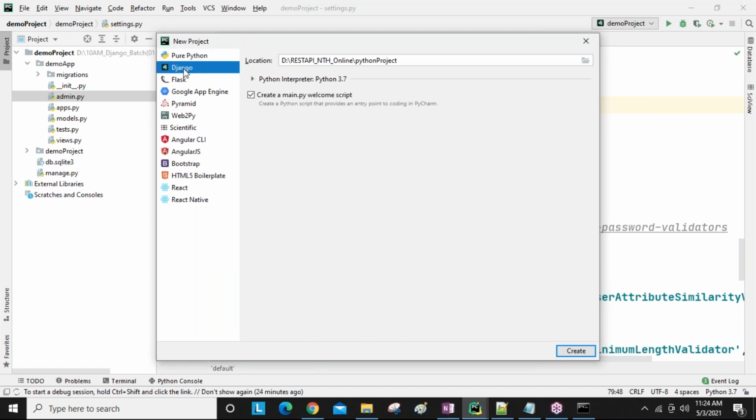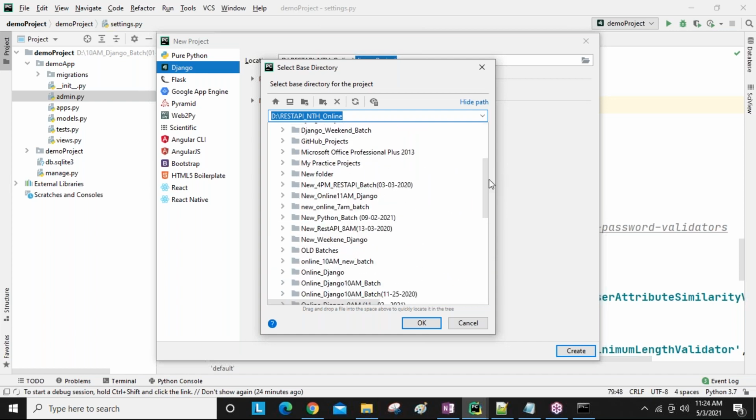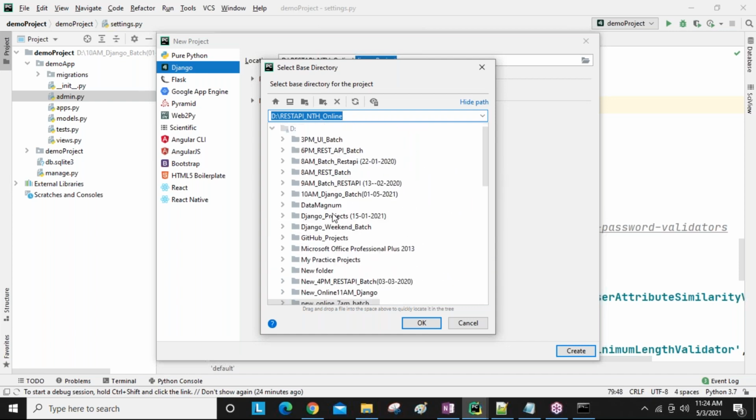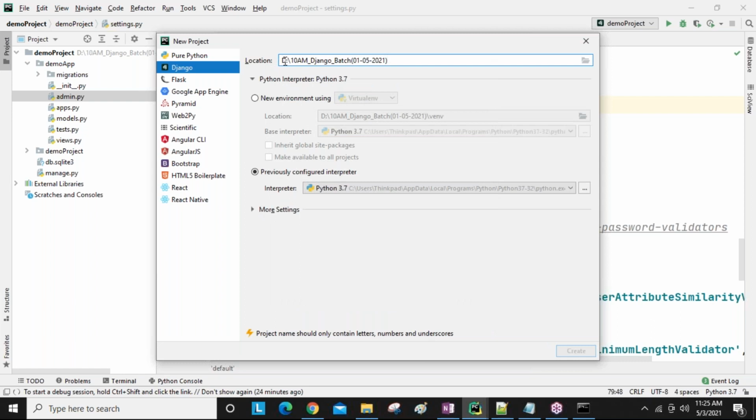You can select Django, so I'm clicking Django. Now select the folder where you want to create the Django projects. For example, this is our 10 a.m. Django batch folder, so I selected D drive, 10 a.m. Django batch. Project name and these other things I will show you next session.